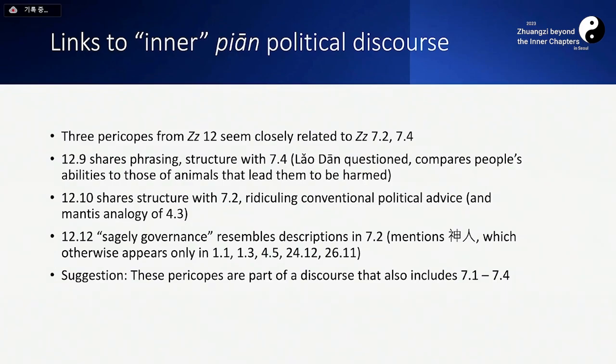12.9 shares phrasing and a rhetorical structure with 7.4. In fact, they seem almost variants of the same basic anecdote. 7.4 is framed to address an enlightened king, and 12.9 is phrased to address the sage. But other than that, they're quite similar. 12.10 resembles 7.2 in having a character present conventional political advice, which is then ridiculed by another character who offers alternative advice,